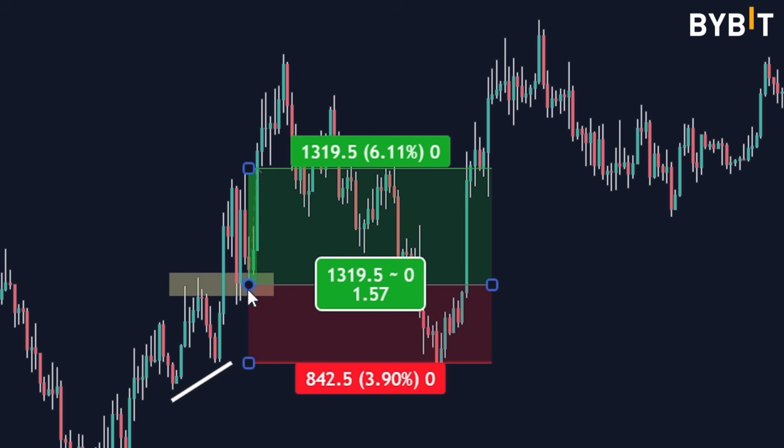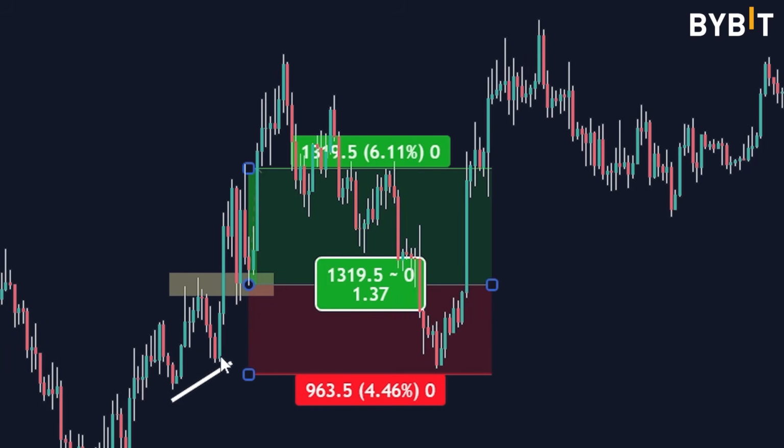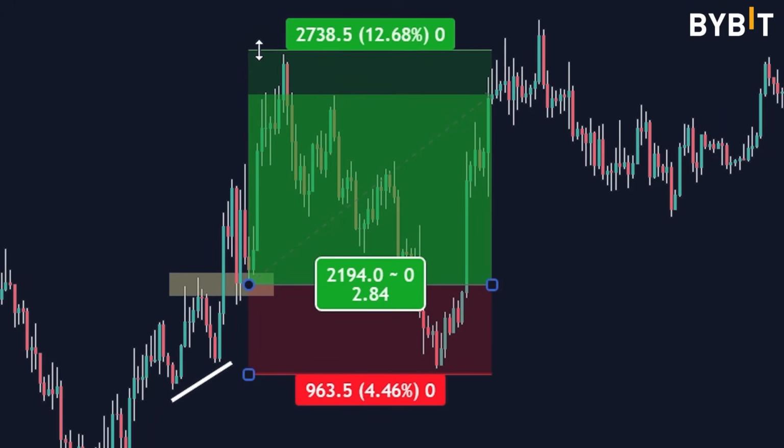If you're entering on a retest of this box, you could be a little more aggressive and tighten up that stop loss. But I'll just leave it down here for now. And then you'll notice that subsequent price action easily made it up 1 to 2, almost a 1 to 3 risk reward ratio. So that for every point of risk, there was at least 2 points of profit potential on it.